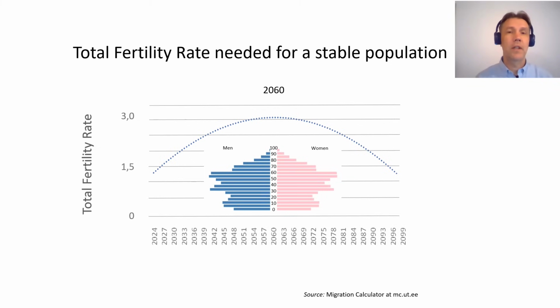And what's also interesting is that since then there is no need to keep this high level of fertility to keep the population stable, and the fertility rate could drop again to its current level, and the Chinese population will still remain stable. The reason is that after 2060, these bigger generations enter family ages, and their bigger number helps to support the Chinese population size, and fertility within the couples could start to decline again.